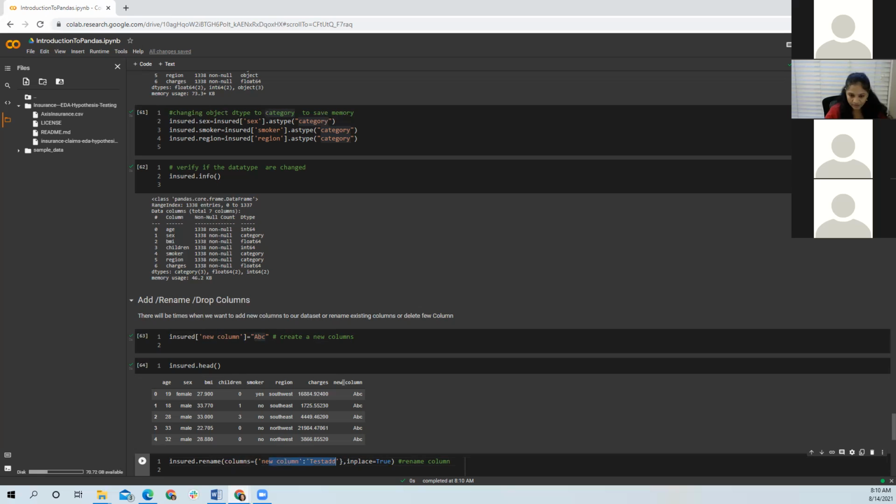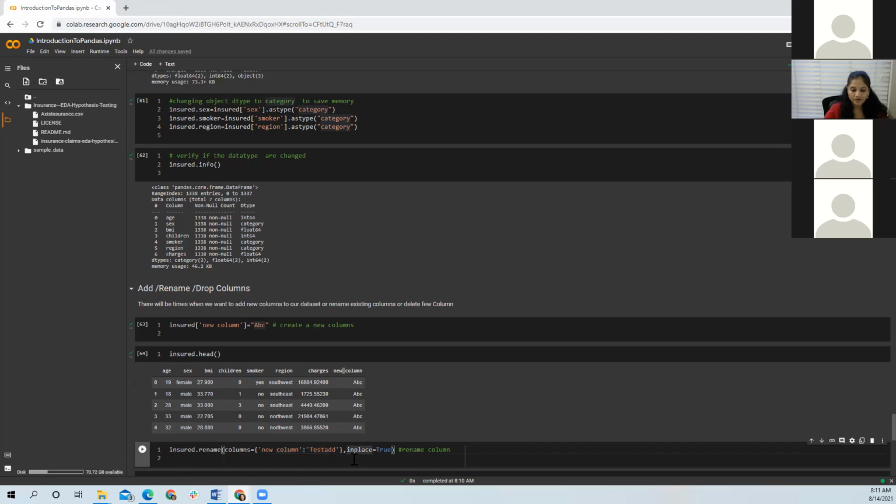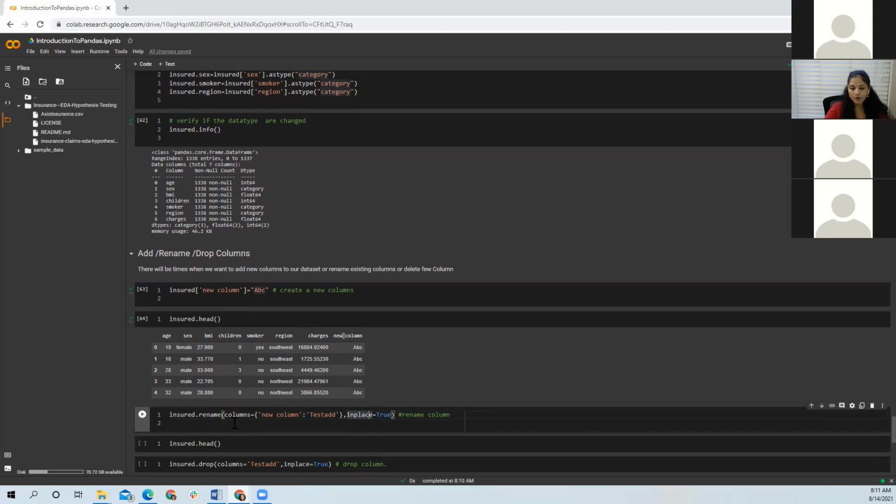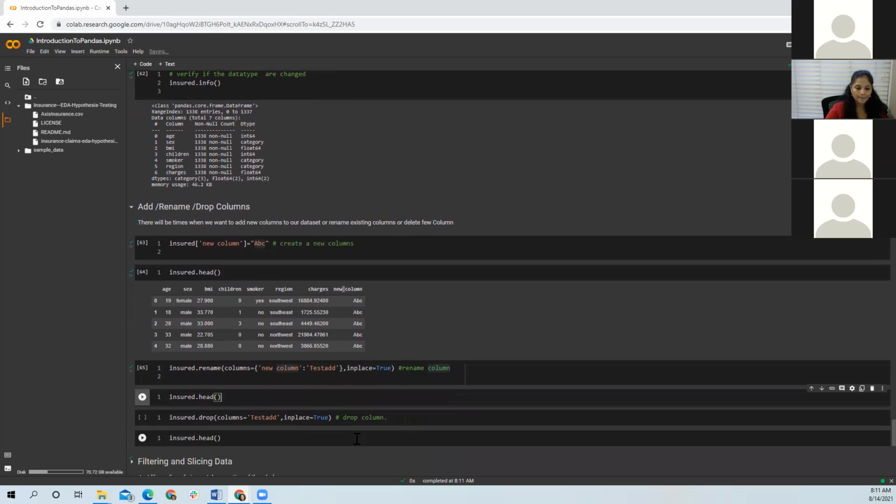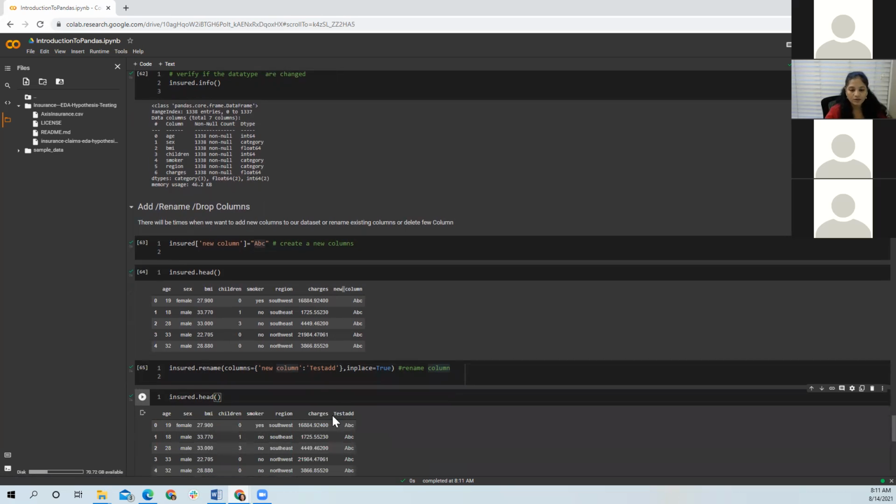You use curly brackets, then you mention the name of the old column as the key, and the value is what I want the new column to be called. Same as I mentioned before, inplace equals True will change the data frame. If you don't add inplace equals True, the changes are only temporary and it will not actually change it. So now my column has been renamed to test and test add.